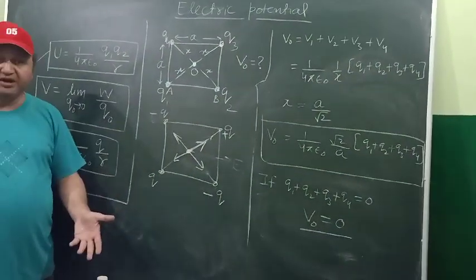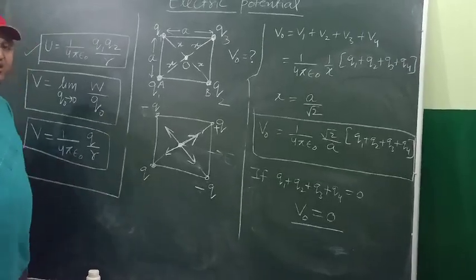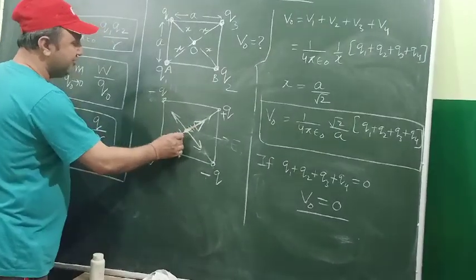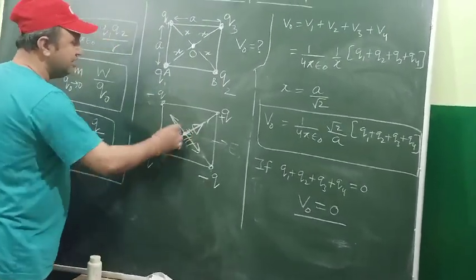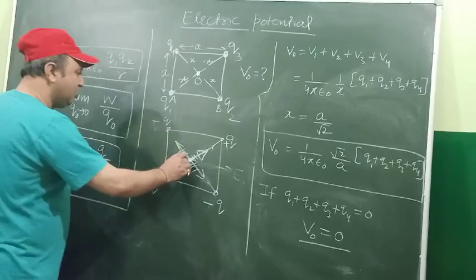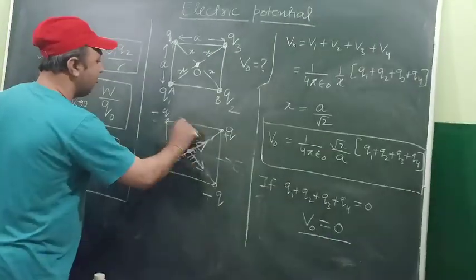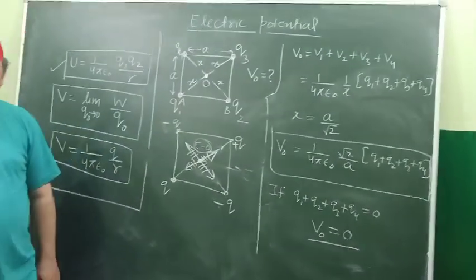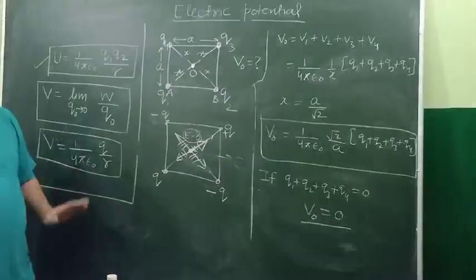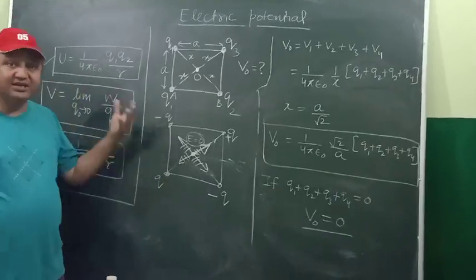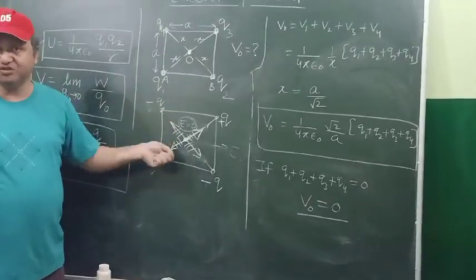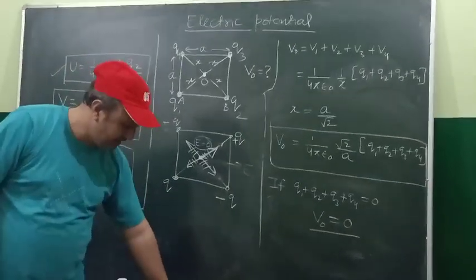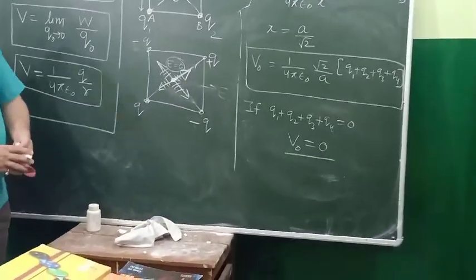So, the formula for electric field is 1 upon 4 pi epsilon naught Q upon x square. So, this field will nullify the effect of this one. This field will nullify the effect of this one. And the overall electric field at this point will be equal to 0. So right now the potential is 0, electric field is 0. It means if at a point potential is 0, the electric field at that point may or may not be 0. We will take this concept further in more detail, but this is one such example.